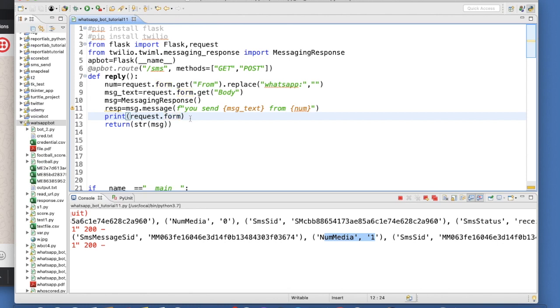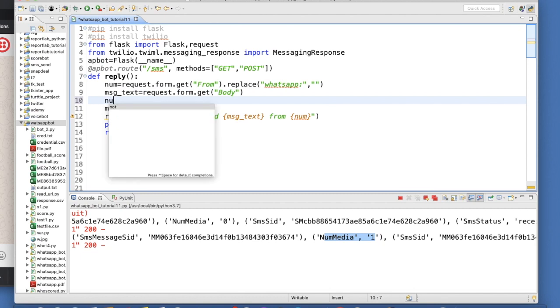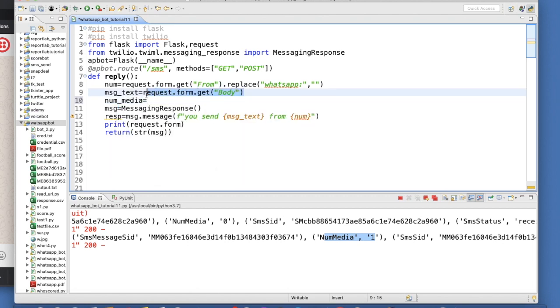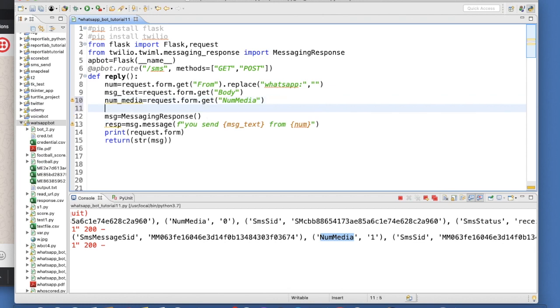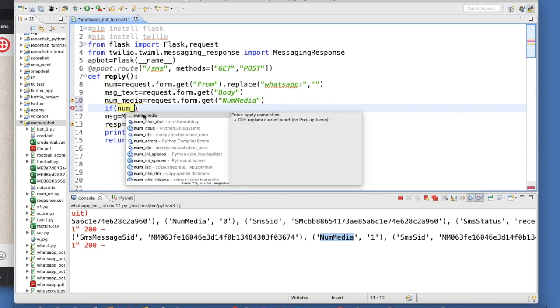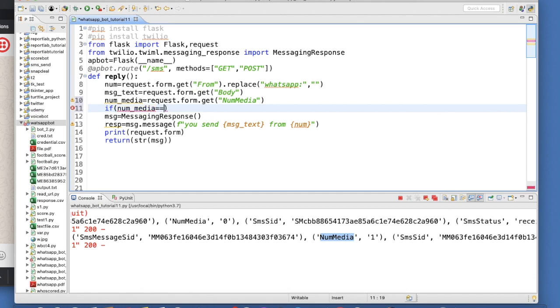So now we'll write here num underscore media equals, right. So if num underscore media equals 1, then